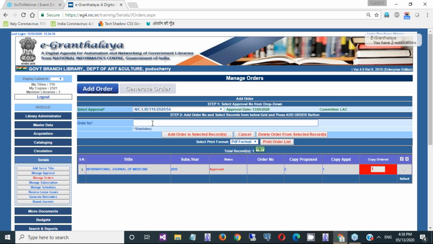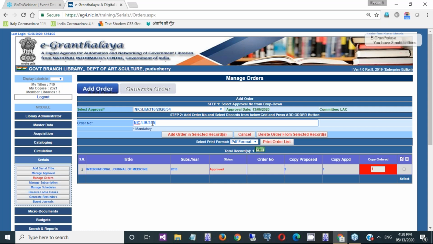Before that I need to enter the order number. The order number should be unique and should not already be used by the system. Otherwise the system will give a message that this order number is already used.